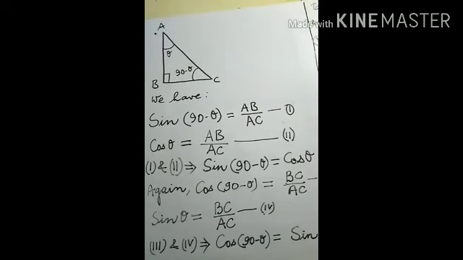We have already proved different relations of a triangle with respect to sine, cos, tan, cot, sec and cosec. Now here we have to discuss the relation between angles and complements of the angles. So we have to discuss these things once again.